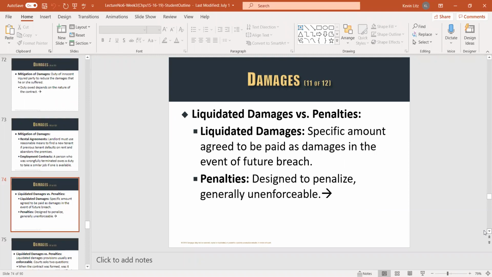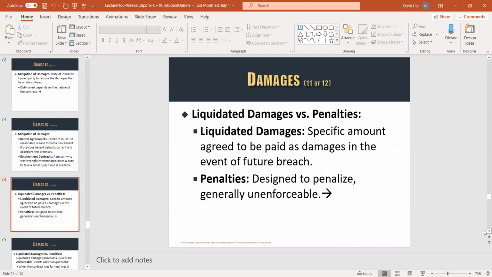Liquidated versus penalties. Often in our commercial contracts, you're selling me the parts, for example, we'll have a contract between we two companies. Well, there's often a liquidated damages provision where we'll say, gee, it's hard for us to really estimate what the damages will be going forward. For example, I sell cars. You could damage my reputation if you don't give me these parts on time. And in the public media, the New York Times might say I don't deliver cars when I said I would. Well, that could be millions or billions.